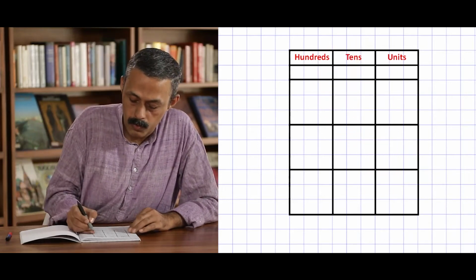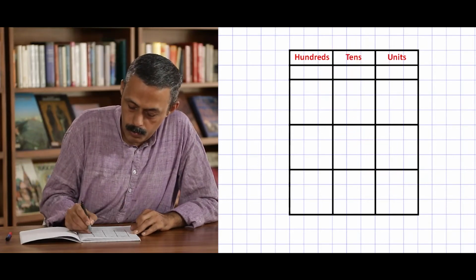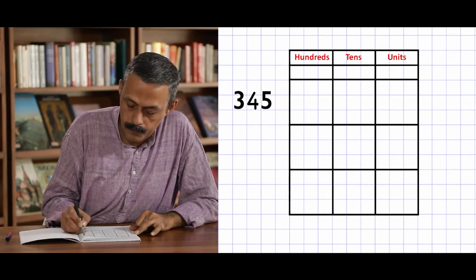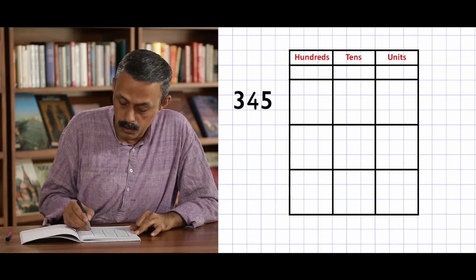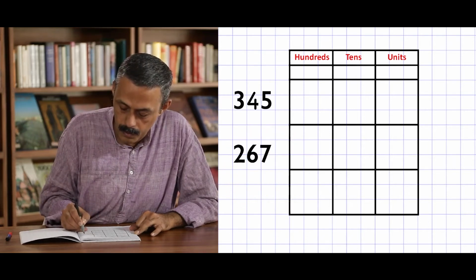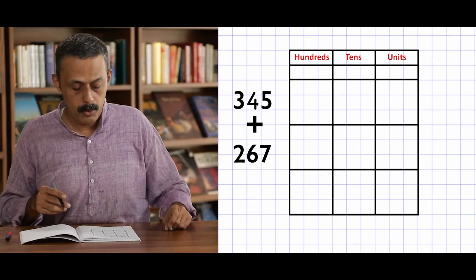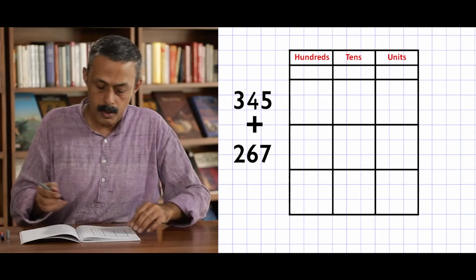You can choose any spot to write 345. It is just to make you know it is 345 and 267. We have to add these two numbers. Let us first write 345,